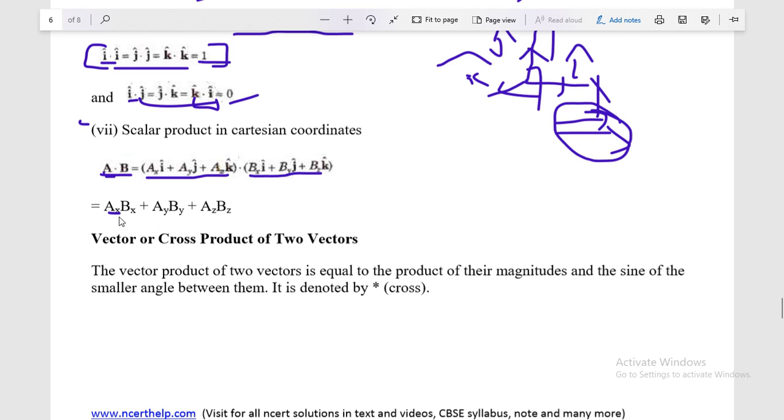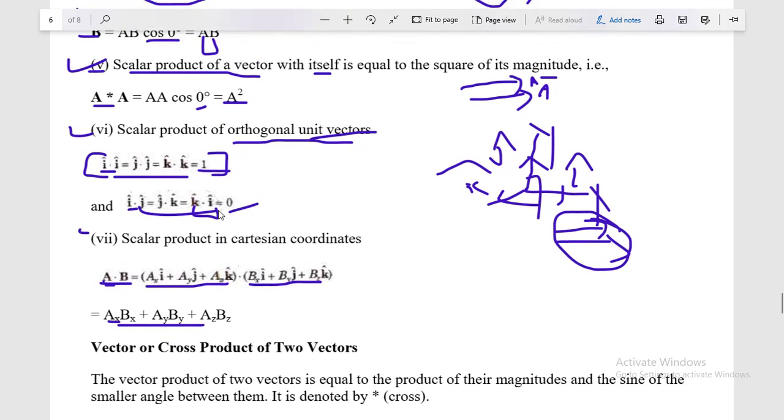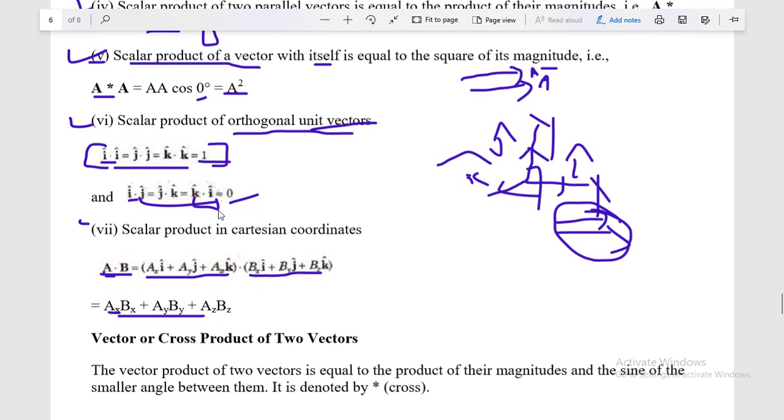Okay, so I hope you understand the concept of the scalar product of two vector quantities and their different properties. So students, it is very important to revise this topic and try to solve at least 10 questions based on the topic for a deep understanding of the concept. Okay, so take your book, there are a lot of exercises, select any 10 exercises based on the scalar product of two vectors and try to write them down in your copy.